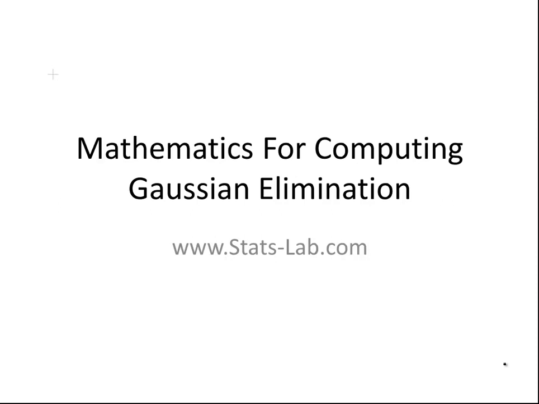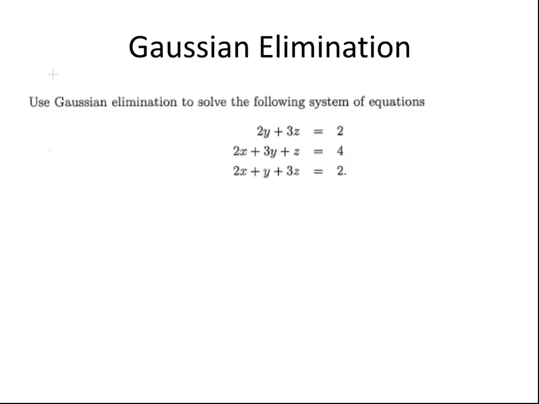In this presentation, we are going to look at Gaussian elimination. So let's look at the question. Use Gaussian elimination to solve the following system of linear equations. We have 2y plus 3z equals 2, 2x plus 3y plus z equals 4, 2x plus y plus 3z is equal to 2. In the first instance, what I'm going to do is write this out using a matrix